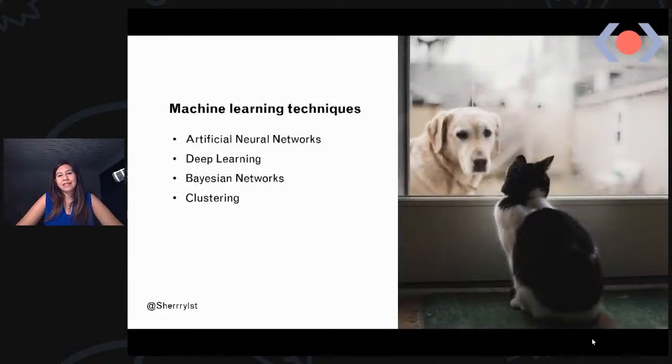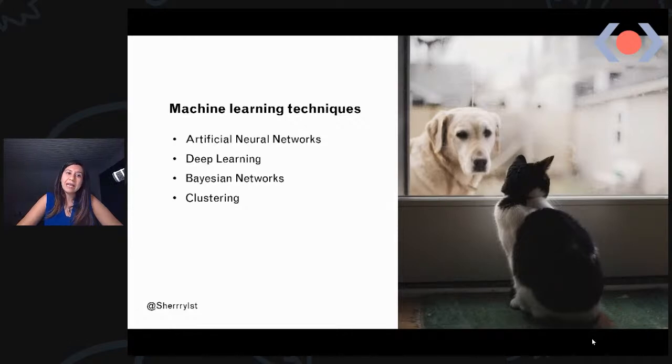For example, when I look at this picture as a human, I can see that there is a cat and there is a dog in this picture. Without having personally met this cat and dog before, because I saw them before, I can recognize a pattern and just say that it's a cat and it's a dog. And that is how it actually should work.